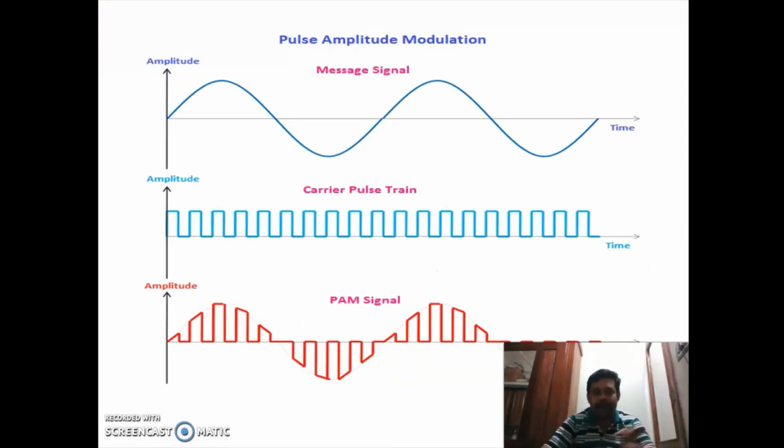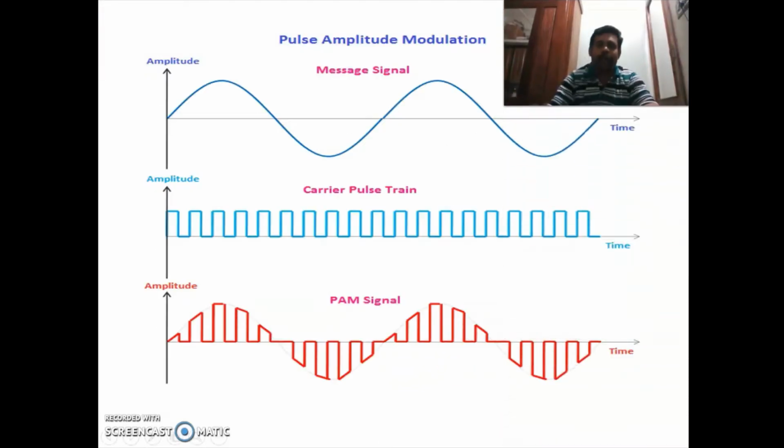Now this is the waveform of your pulse amplitude modulation. This is your message signal or modulating signal. This is a carrier pulse train.